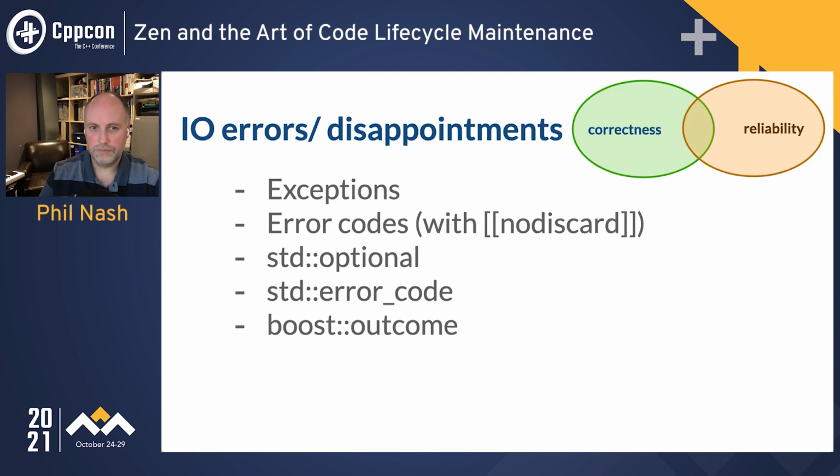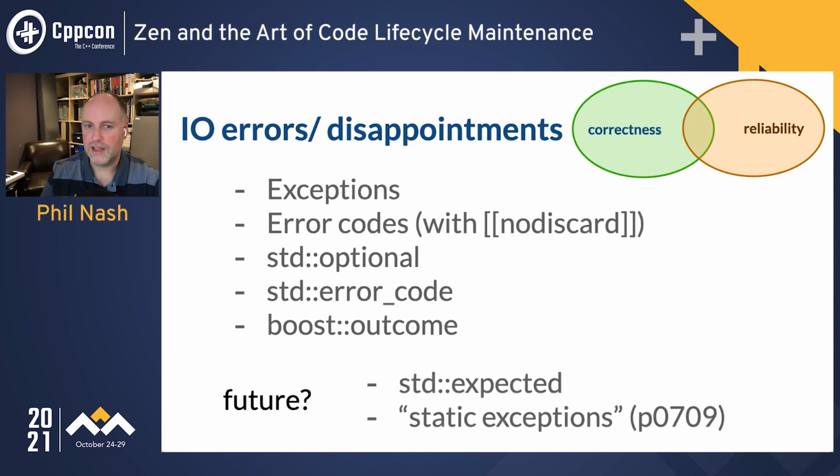We can use std::optional. We've had std::error_code in the standard since C++11, but it's way underused. Not appropriate for all cases, but if you're going to be using just normal error codes like an enum or something, consider using std::error_code instead. There's Boost.Outcome if you're using Boost, which is sort of part way between something like std::optional or std::expected, which we'll talk about in a moment, and exception handling. And possibly in the future, not standardized yet,